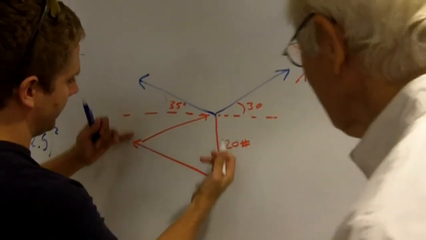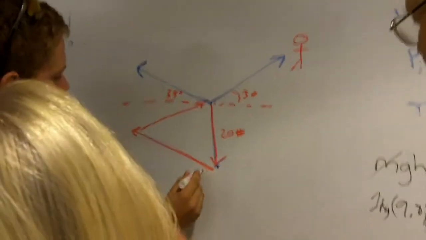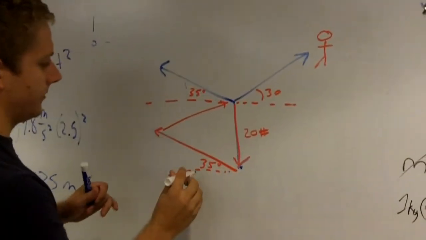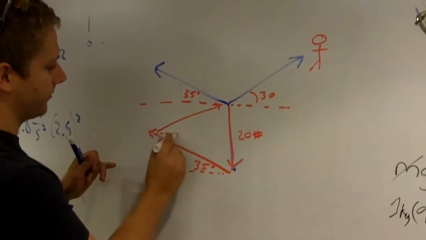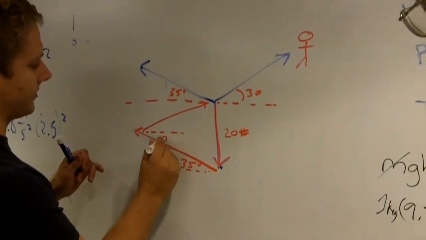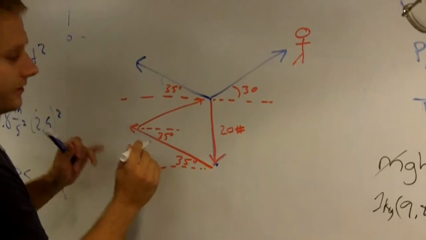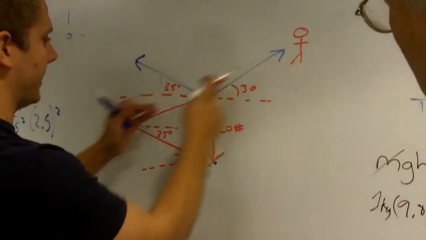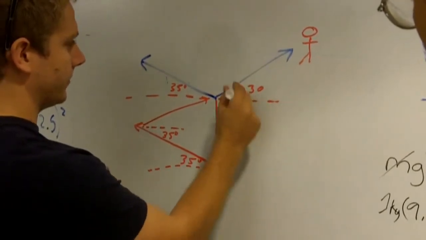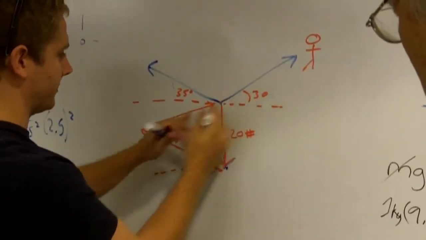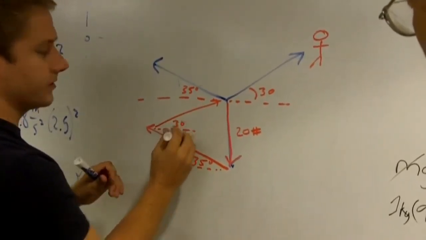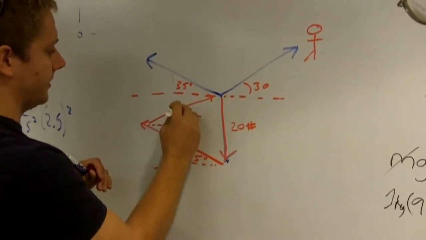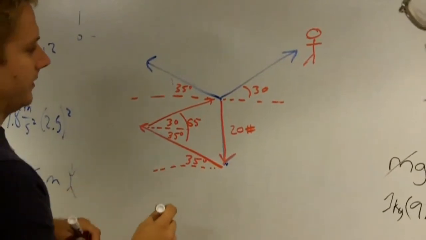Since you brought this guy down here, he's now underneath, and you know that's 35 degrees there, right? And you know from your trig that that's also 35, right? Okay? You're trying to figure out this angle ultimately. Well, this guy came from here, and you know that between here and here was 30 degrees, so that's that same angle right there. That's 30 degrees. So this is actually 65 degrees all together, right?